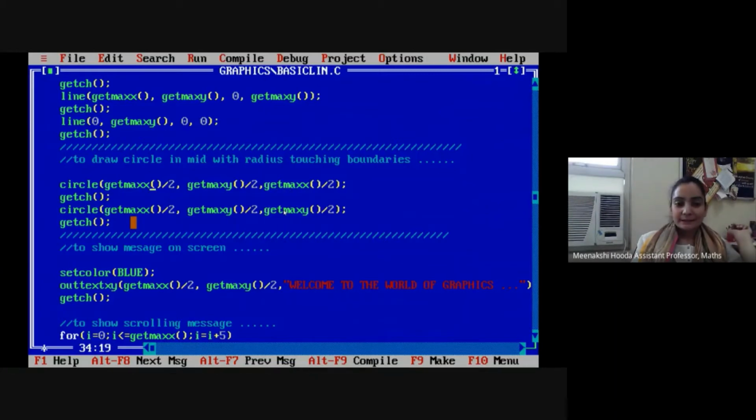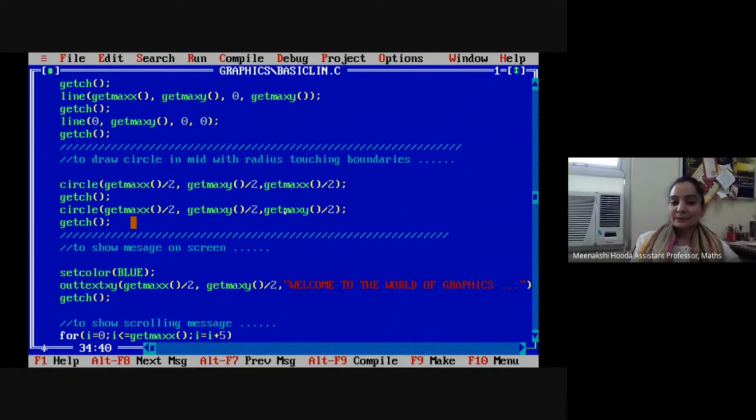So this is the center. We can pass the values directly over here, but we are using another inbuilt function to find the center point of the screen. It will return the maximum value that is possible in the x dimension, and we are dividing that value by 2. So it will give us the position of that particular pixel which is at the mid of the x dimension, and it will give the mid of the y dimension. So basically we will get the center point of the screen over here, and this is the radius.